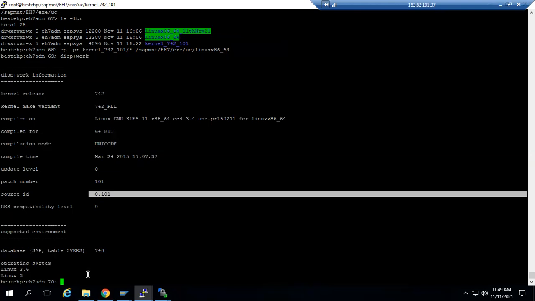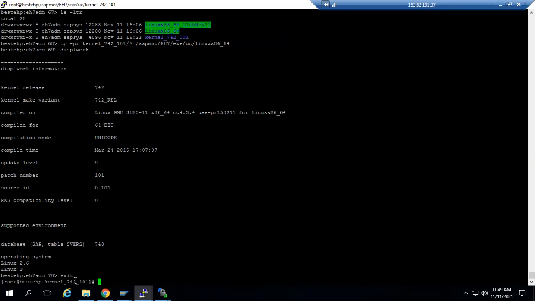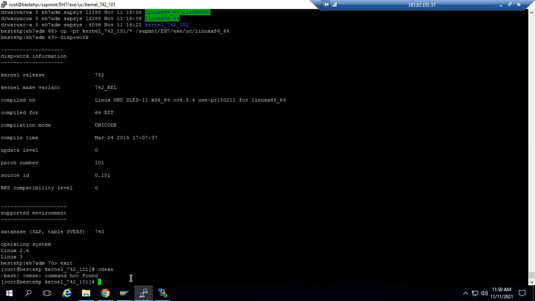Okay. So now after that, the post mandatory steps. Now the post mandatory steps. After kernel upgrade, you need to give the permissions. Okay. So in the root directory, in the root user. So come out from here and go to the location of the kernel. So what is the location of the kernel? You need to go.